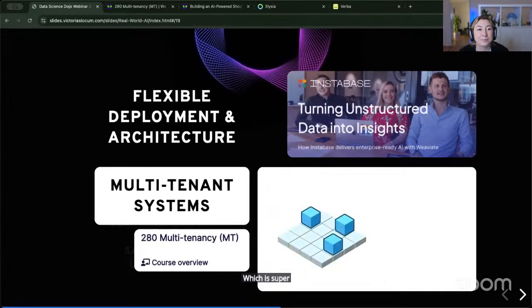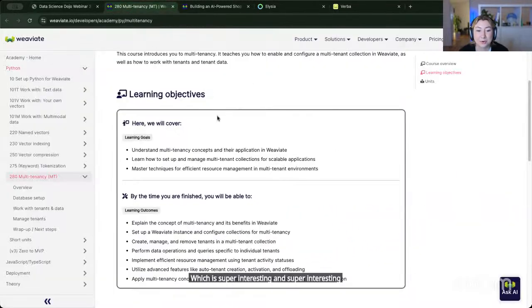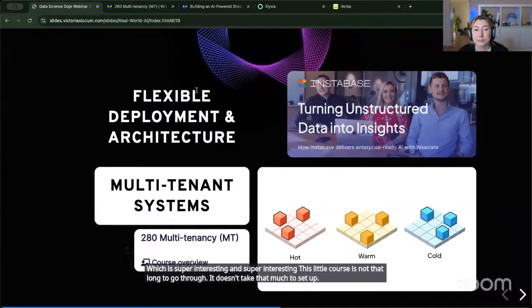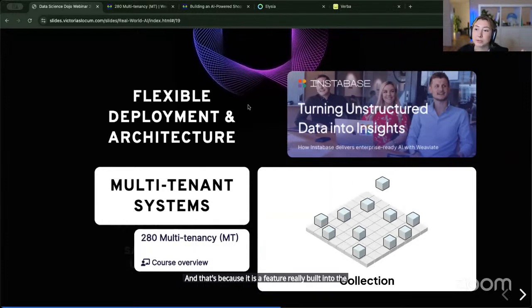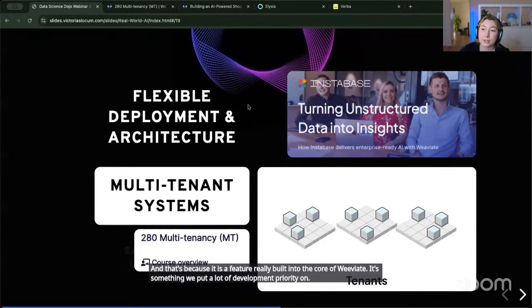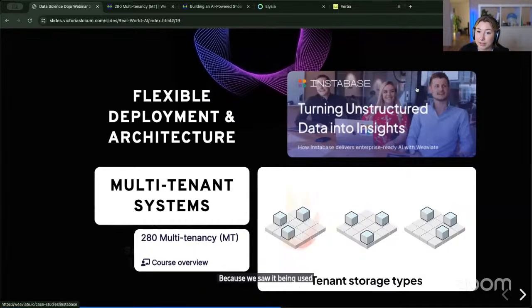And this little course is not that long to go through. It doesn't take that much to set up. And that's because it is a feature really built into the core of Weaviate. It's something we put a lot of development priority on because we saw it being used by